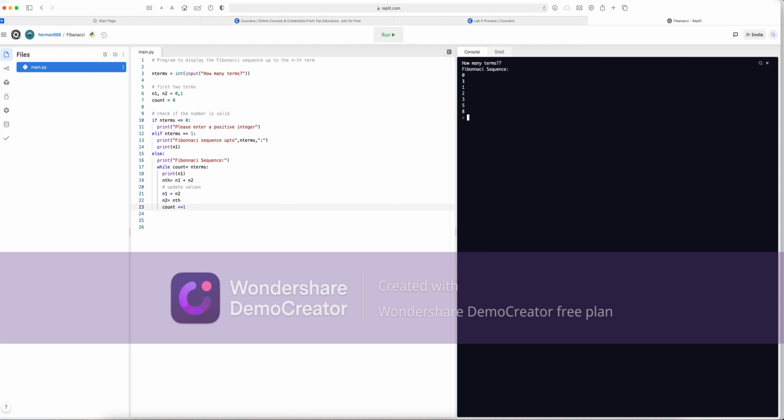So 0 plus 1 equals 1. 1 plus 1 equals 2. And so on and so on. So now let's say we want to run this again, but we add a letter. There'll be a traceback there, but we never actually did anything with the alphabet, so we need to do a negative number, and it's going to give us the error message, please enter a positive integer. We're not actually going to get into like